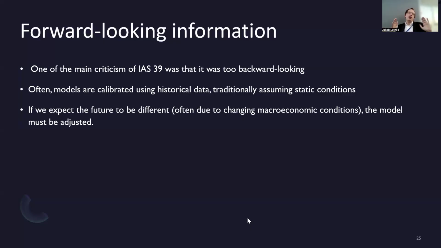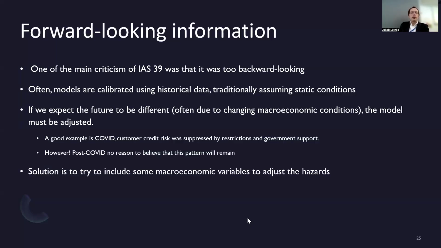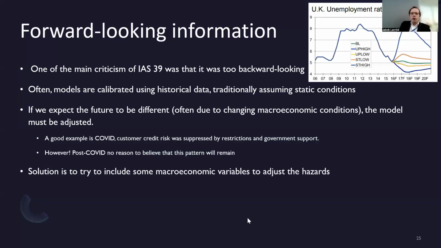If I only have data from a very benign credit period, I need to adjust for the fact that the future could be not so benign. COVID was, for example, a good example where we did these sorts of adjustments. What's quite common is that you run either 3 or 5 different scenarios. So you run a baseline scenario, an upturn, a downturn scenario,